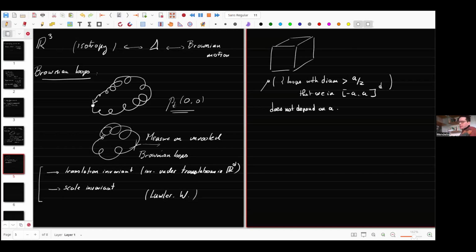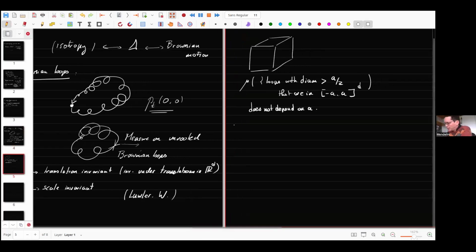Now, this is an infinite measure, so this is not really good enough to define one random object, but then there's a very natural trick: if you have this measure on loops, you just take what we call a Poisson point process. So you fix c positive. You should view c here as time. And now you're going to do a Poisson point process of Brownian loops with intensity